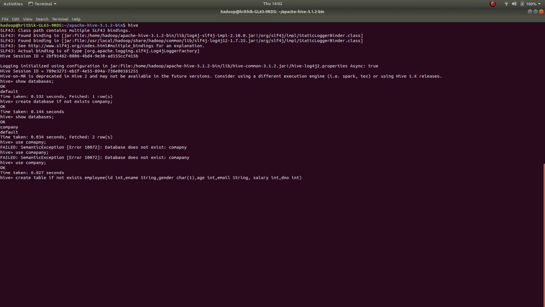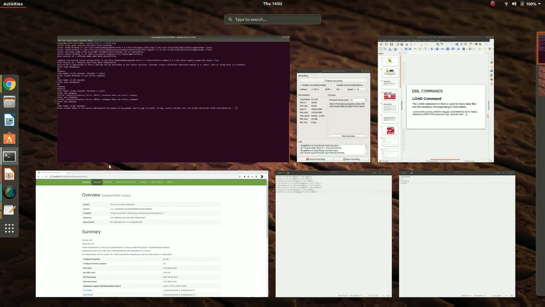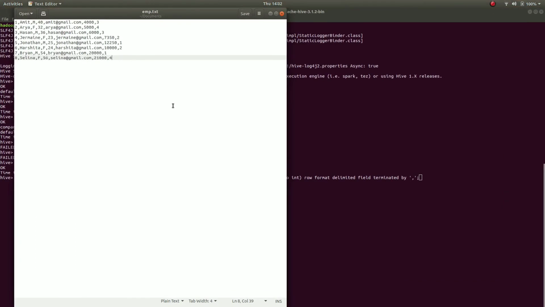That's it. Then we have to write row format delimited fields terminated by comma. I'll show you that every field is separated from the others by this comma. So you can see in the text file.